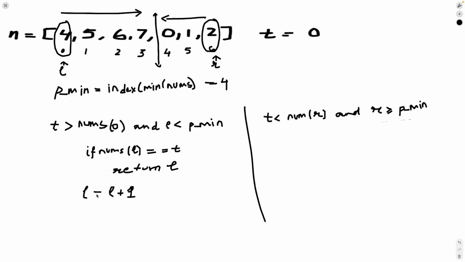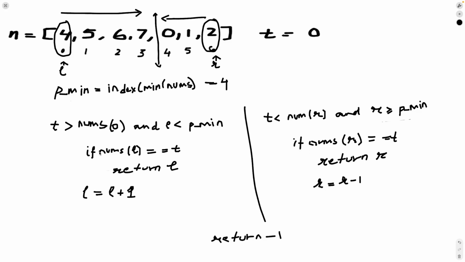Here I'm going to do the same condition. I want to check if my nums of right is equal to target. Then I need to return R, because that's going to be the index where my target is stored in nums. Otherwise, I'm going to decrement R by 1. And if none of this is true, in the end I'm going to return